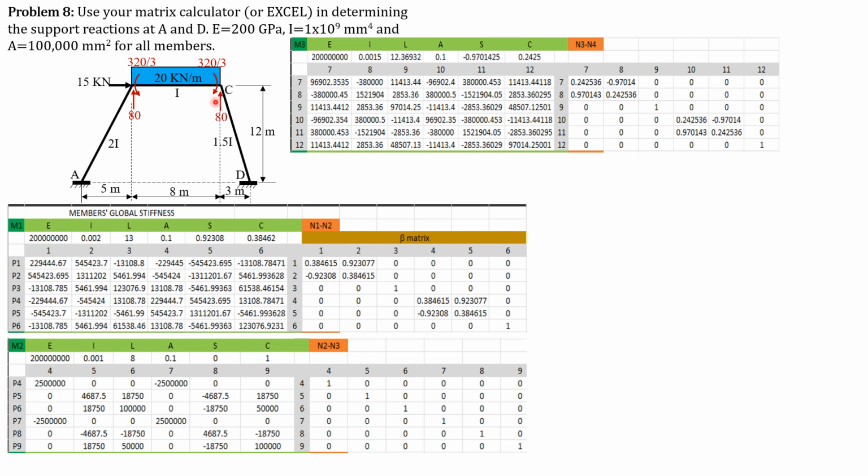So that's the sine, negative 12 over length 3 square root of 17, or negative 4 over square root of 17. That's the decimal value. The cosine is 1 over square root of 17. That's the decimal value. Cosine is positive because it is from 3 to 4, so it is rightward. Then this will be the generated stiffness of member 3 using Excel or your matrix calculator and the beta matrix.